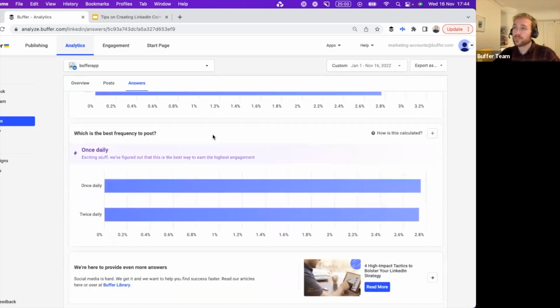And then how often to post? I think it's quite clear that we should be publishing potentially around once a day. That seems like best practice if we have the time to do it. Buffer's also able to figure out if it is detrimental to publish more than once a day. I think there was a bit of chat about that in the webinar chat. There is a slight reduction in engagement rate when we publish twice a day, but it's not at all the severe drop-off I would have expected. So for us, this is really showing us that we're not going to see a huge drop-off when we publish twice a day, so we can continue publishing at that sort of rate.